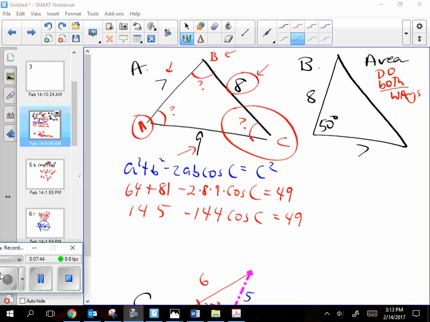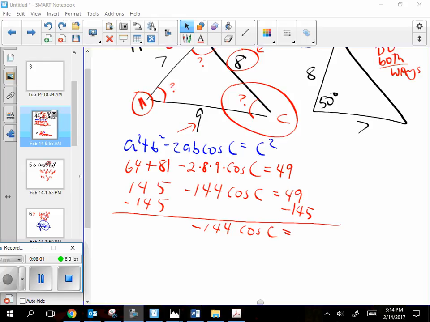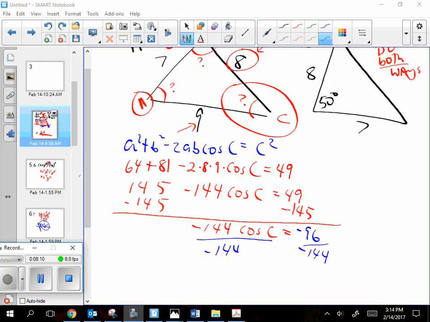Okay, so it's 145 there for the 64 plus 81, and then 144 for the 2 times 8 times 9. And now I'm going to subtract 145 from both sides. So I have negative 96 here. Now I'm going to divide both sides by negative 144. And I get cosine of C is equal to, well, it's 2/3, which is 0.6 repeating. Then I'm going to do the inverse cosine on both sides to find the angle. And I get C is about 48.2